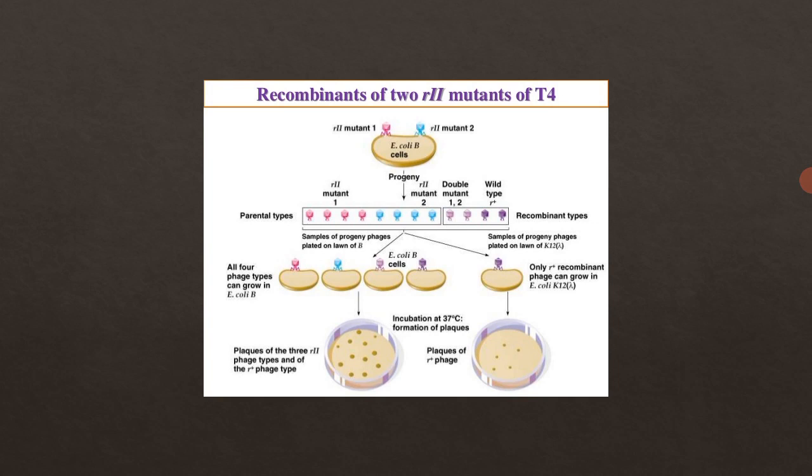Sorry, the virus will grow, the virus will multiply, virus will produce plaques, right? Now what will happen? You can see the progeny of the viruses. We studied in the lytic cycle, right, that viruses will produce new virus particles. So in a similar way we have the progeny of these mutants. Now we are recombining two various mutants of this R2 gene. Therefore we must get various types of mutations after recombining this, right?